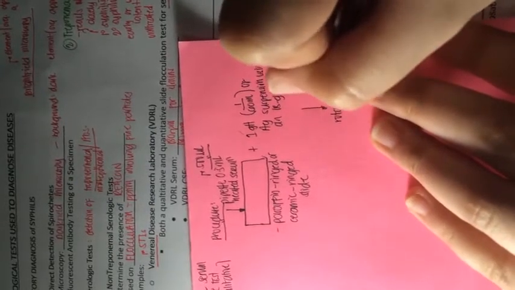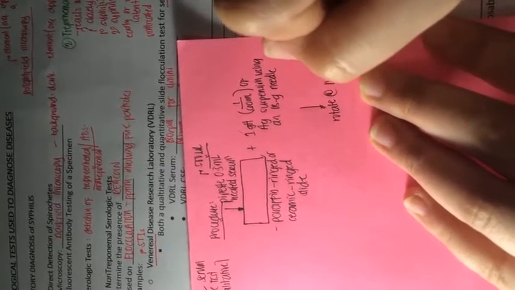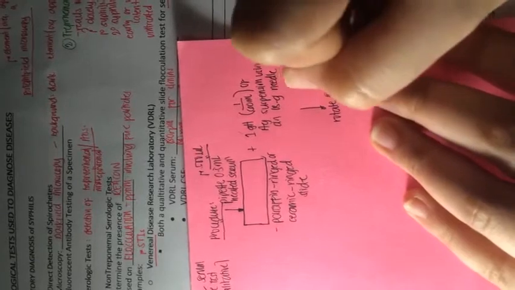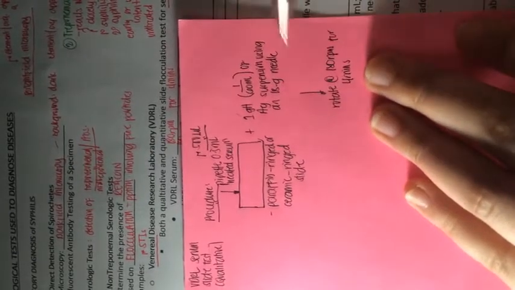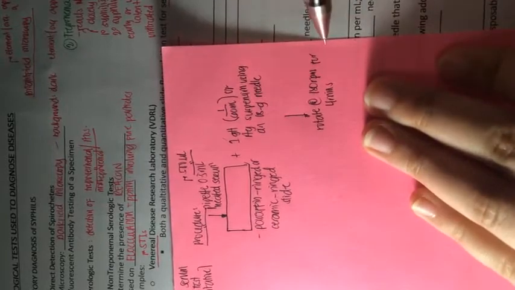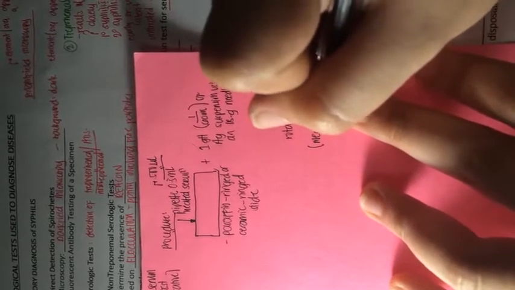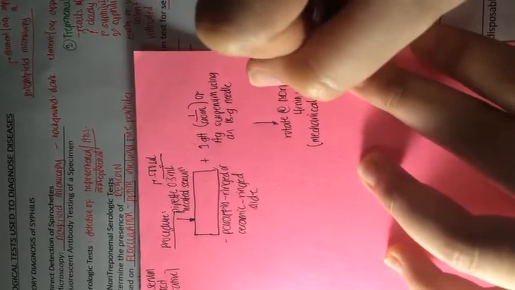Then rotate at 180 RPM for 4 minutes. If it is a CSF, then it should be rotated at 180 RPM for 8 minutes. For the rotation, please take note that we should use a mechanical rotator, not a human hand rotator. So we should have a mechanical rotator that